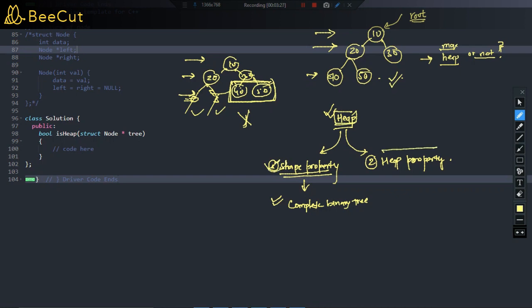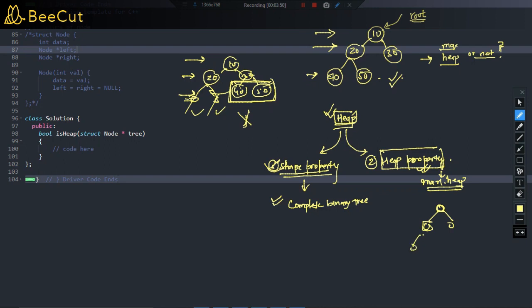The second thing a heap should satisfy is the heap property. Heap property can be defined for max heap, like in our question we are interested in finding a max heap. So what will be the heap property in case of a max heap? It states that the root node of every subtree will have a value greater than or equal to its children.